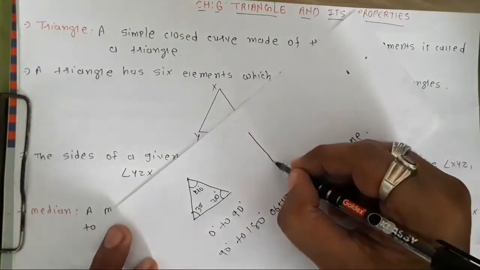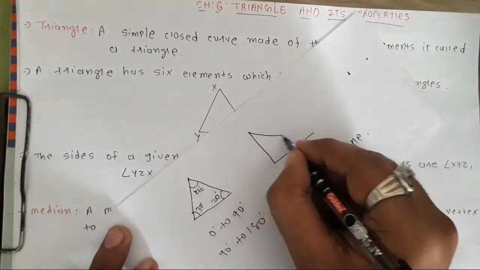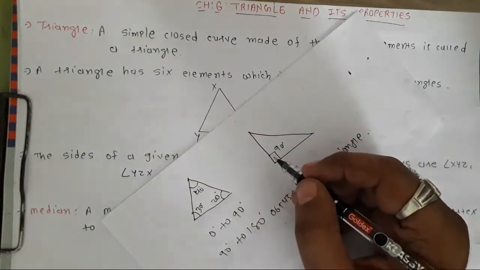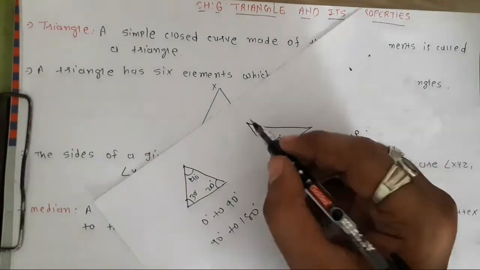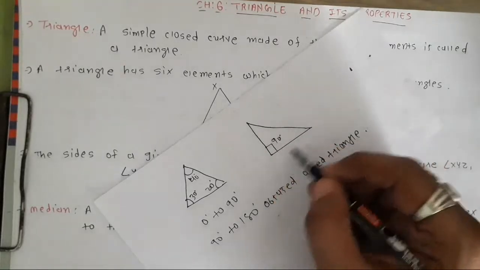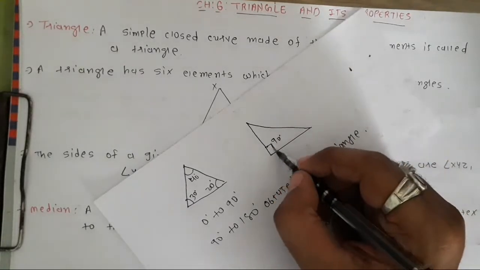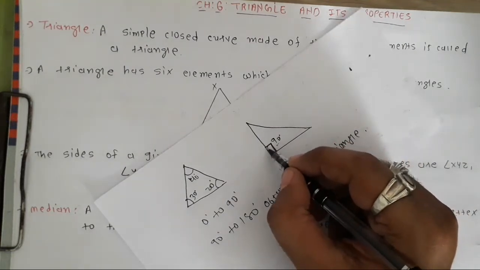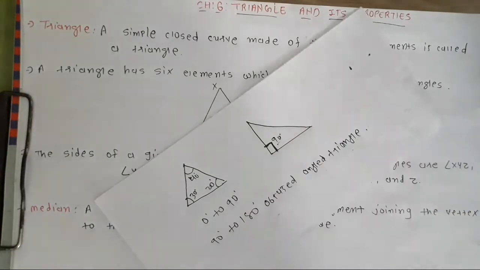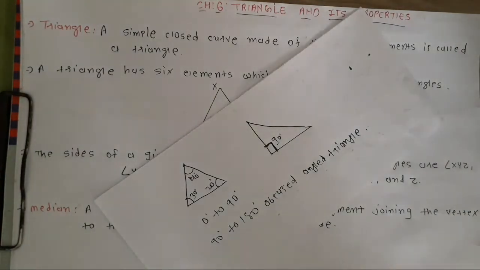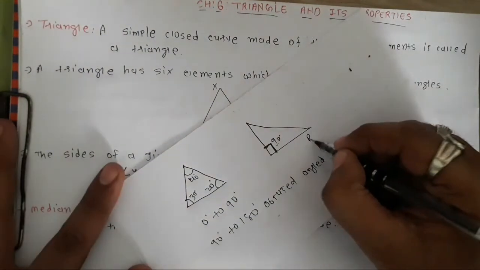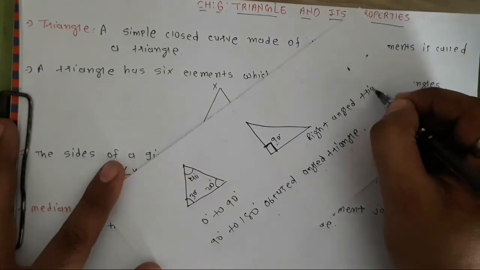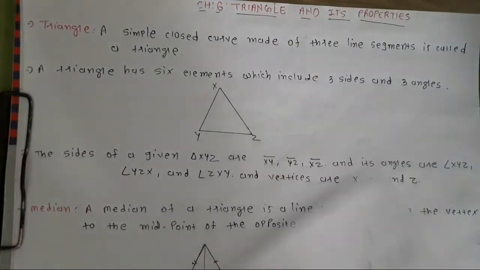Now a right angle triangle means a triangle in which one angle is equal to 90 degrees. So always the right angle triangle will look like this. There will be two straight sides, forming this type of L shape. So the measurement of this angle is equal to 90 degrees. Always 90 degrees is denoted with this symbol. So whenever the measure of any angle in a triangle is 90 degrees, that is called a right angled triangle.